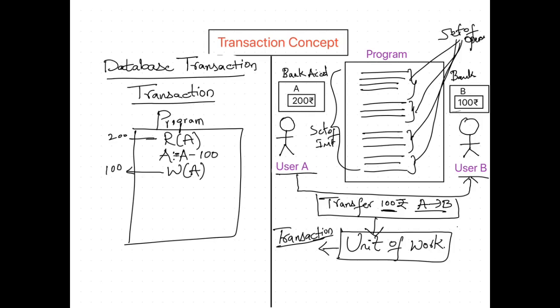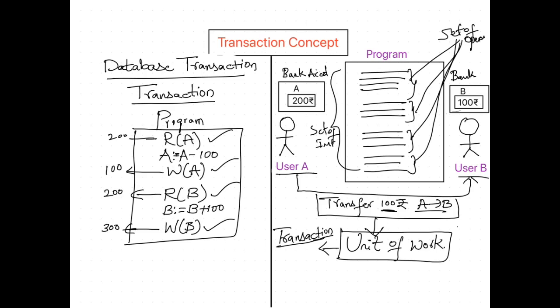Now immediately I want to update B. I want to credit it to B. So to credit B, first I want to read B's account. Now I am crediting B's account. Next, I am writing B. When I read B, what is the amount? 200, and updated in B's account, now I am writing. When I write, the B value will become 300. So how many operations are performed here? 1, 2, 3, 4.